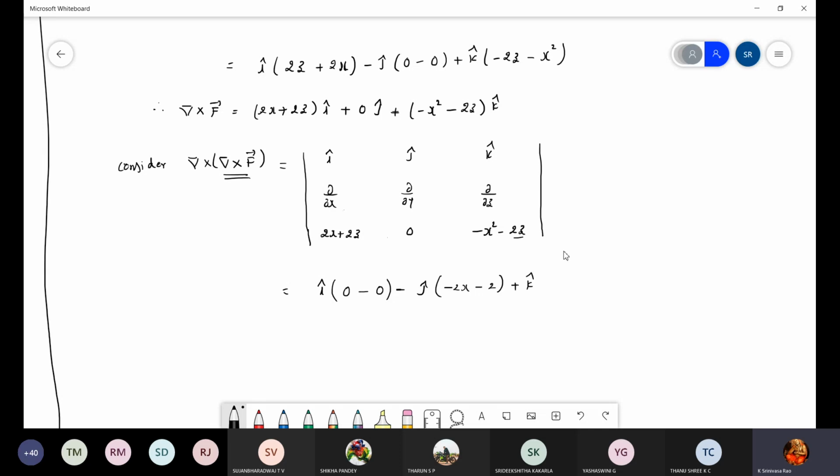And plus k cap into first row and third column you neglect. So dou by dou x of 0 is 0, minus, formula is minus, dou by dou y of 2x plus 2z is also 0. So finally, therefore, curl of curl f equals